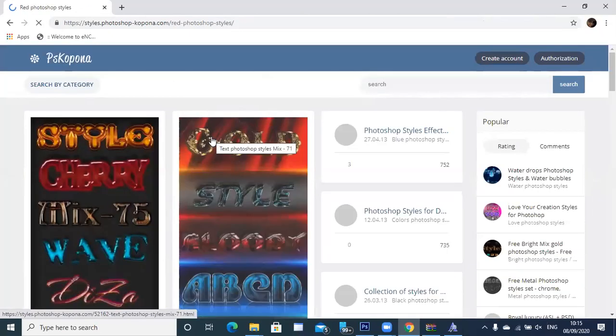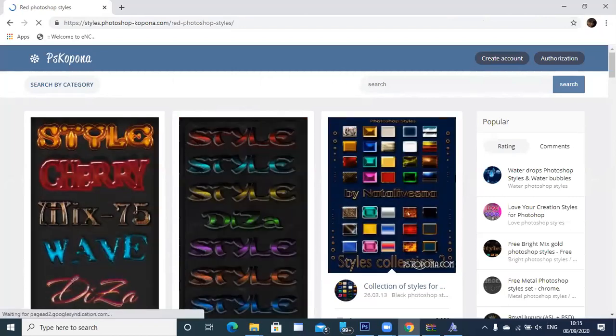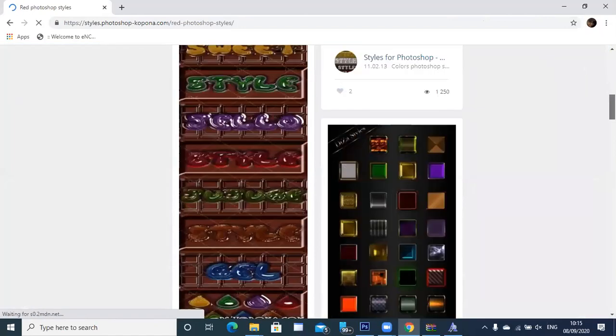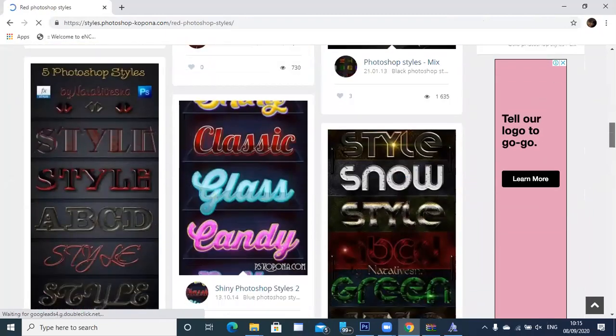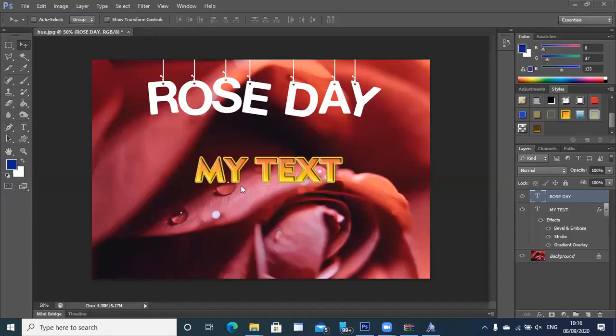Just have a look at the ones which, see here, they will show it to you with the effect. The one that you like, you can just download and use. It will be very simple. Same way, double click and it will take you to Photoshop. You can use it from the style panel. So that is one of the ways out. Right? Okay, now that you've tried it out, let's look at the next one.